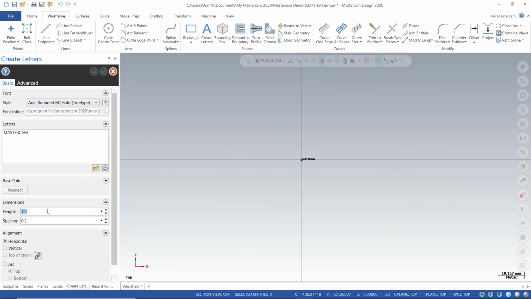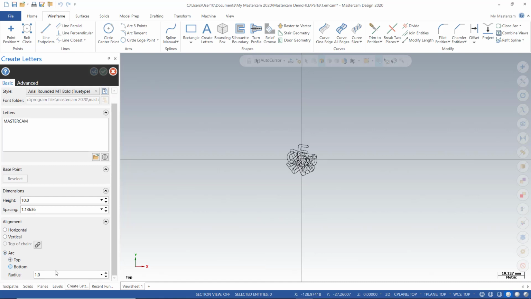I can make my letter height. I want to make that 10, and you can either have it horizontal, vertical, arc, radius. I have to obviously make that bigger for it to come out. Make that 40,